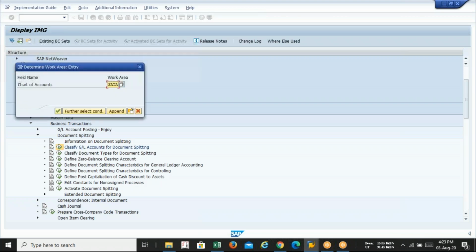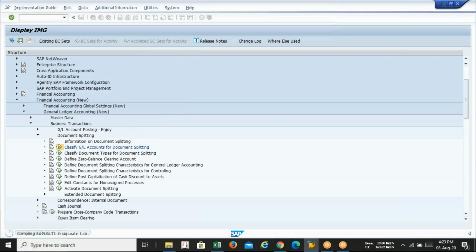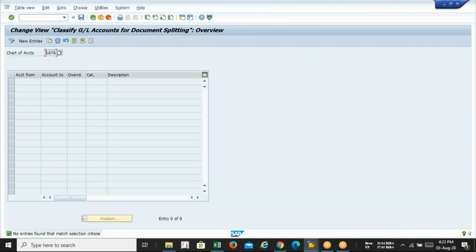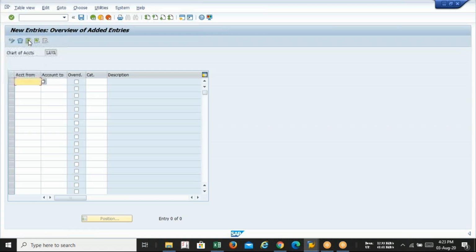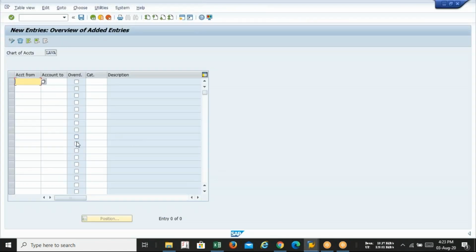Click on this. Okay. So you have to put your chart of accounts. I have my chart of accounts, that is LAVA. Now click on New Entries. And here you have to define the same number ranges.